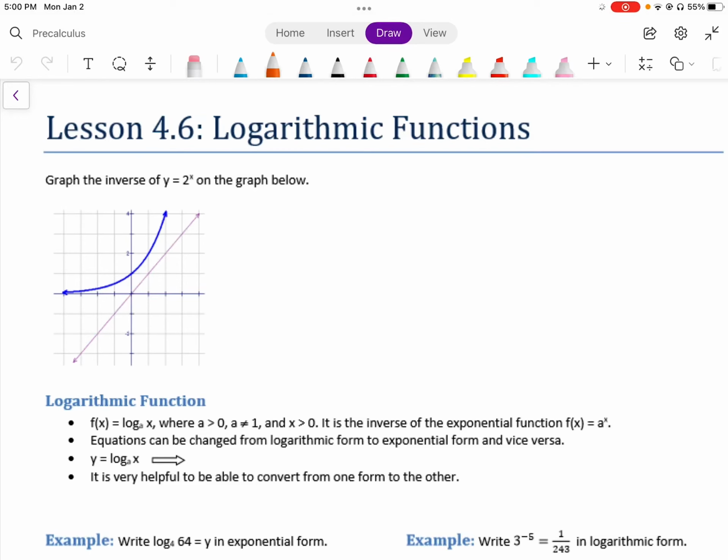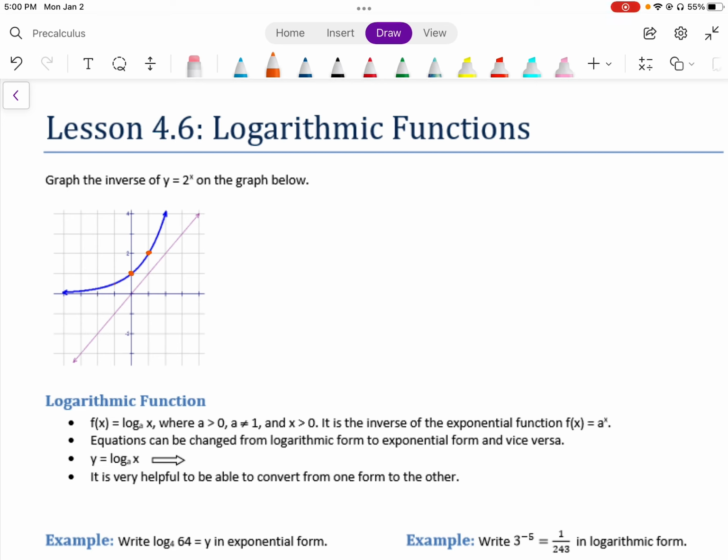Lesson 4.6 deals with what we call logarithmic functions. In order to talk about logarithmic functions, we actually need to start with talking about exponential functions. So below here we have y equals 2 to the x. It's an exponential function. It goes through (0, 1),